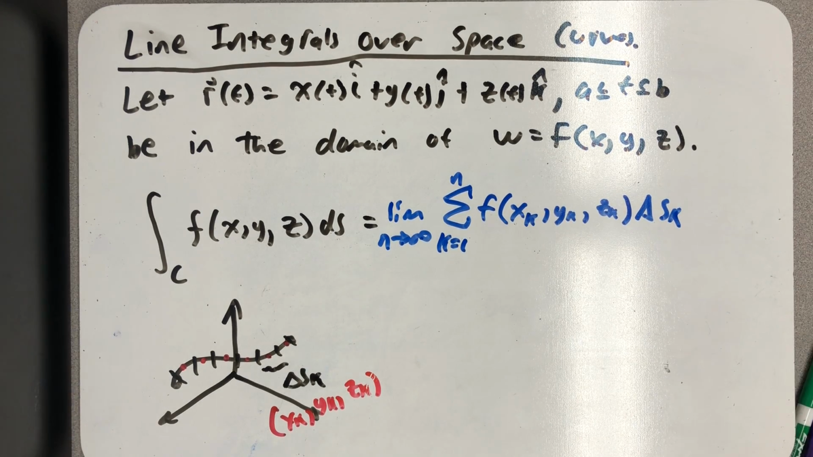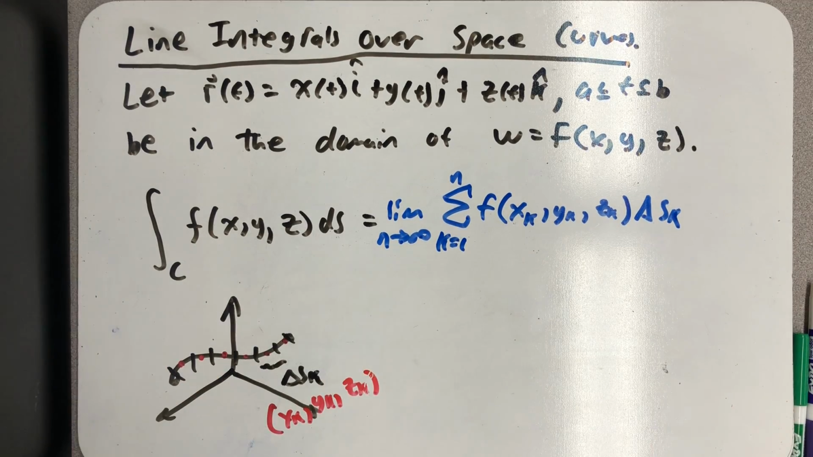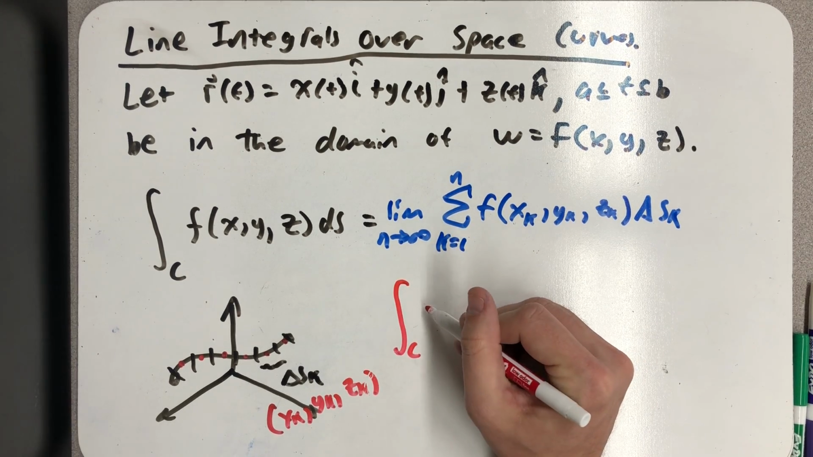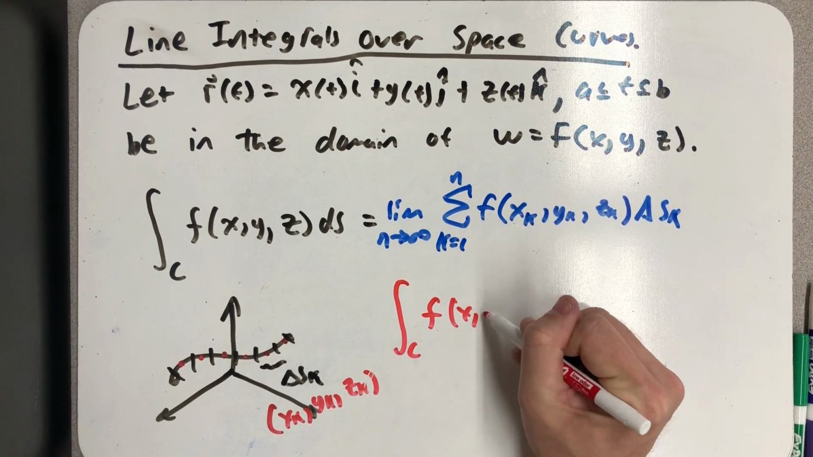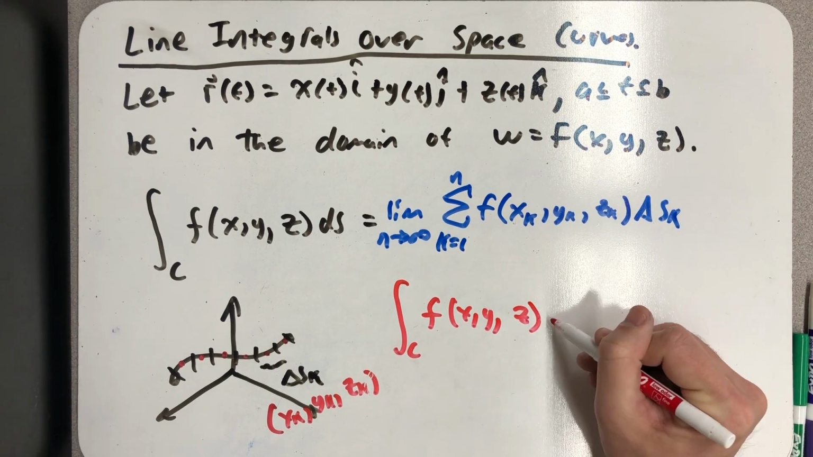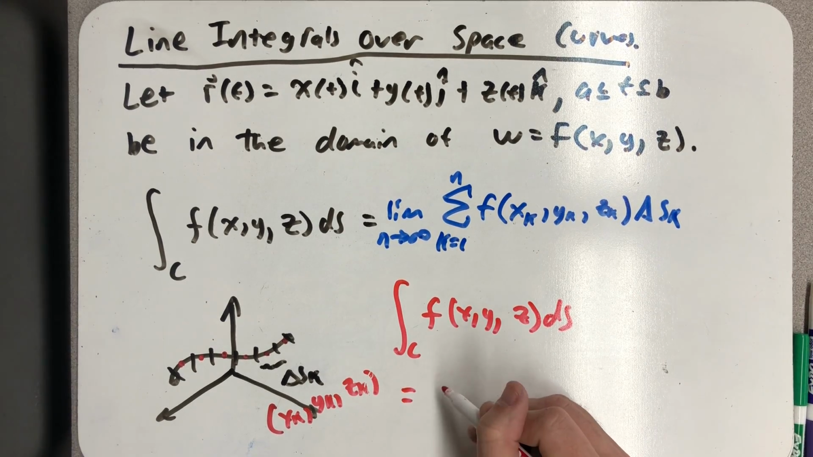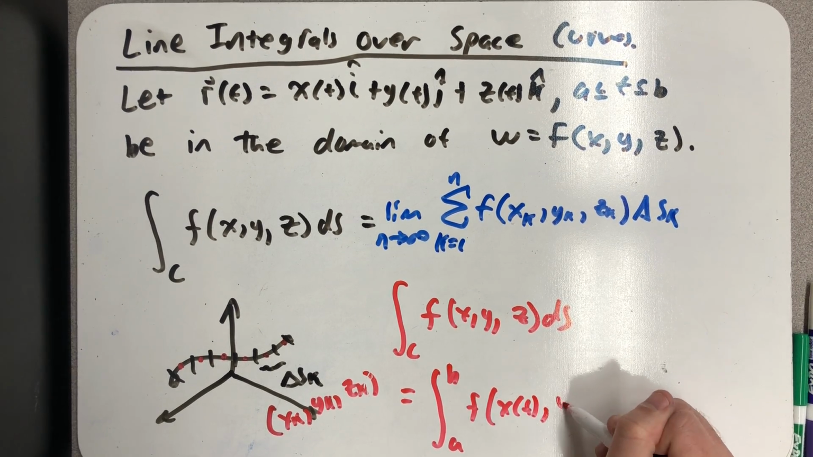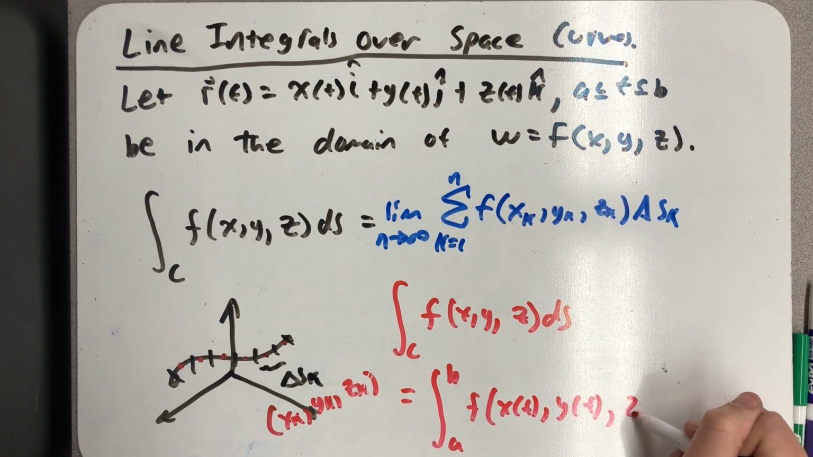But just like with plane curves, this is a definition. How do we evaluate these line integrals? Well, we do exactly the same thing. This line integral over the path C is equal to the integral from a to b of f of x of t, y of t, z of t,